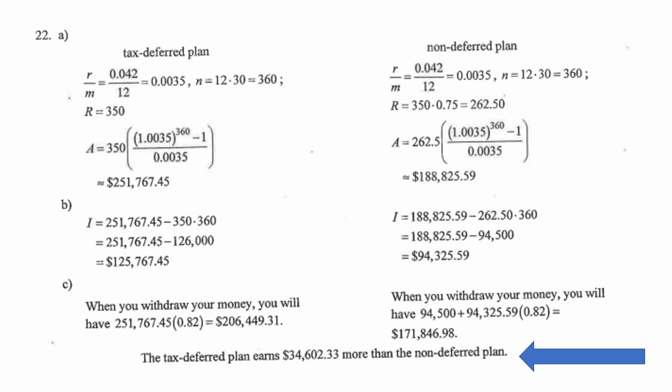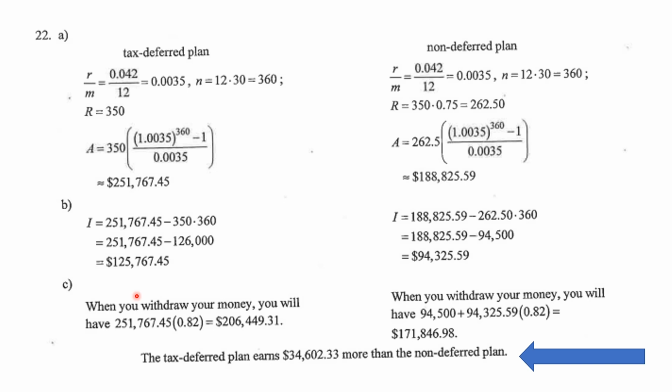Well, in the tax-deferred plan, you don't pay any taxes till the end of the problem. And so you're putting in $350, and all $350 gets deposited. This is the equation, and you find out that the amount at the end of the term, the 360 months, is going to be $251,767.45. Now, in this account, you paid $350 in 360 times, so the amount of interest was $125,